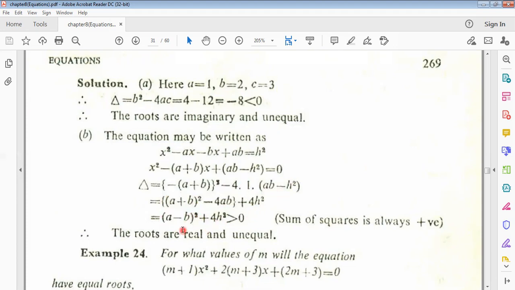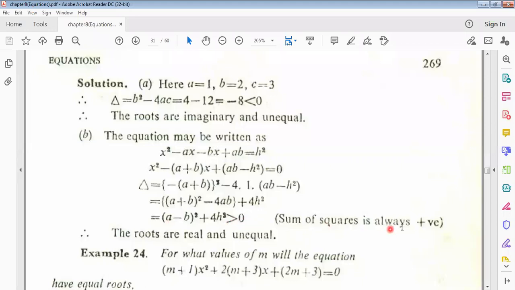Now, everybody knows that any square of any positive or negative number will be positive. And this is the square. AB may be 0, negative or positive, so this square means what? Positive. Plus 4AC square. For every value of a, negative or positive, this term will also be positive. So the sum of positive numbers will be what? Positive. This is why it will be greater than 0.